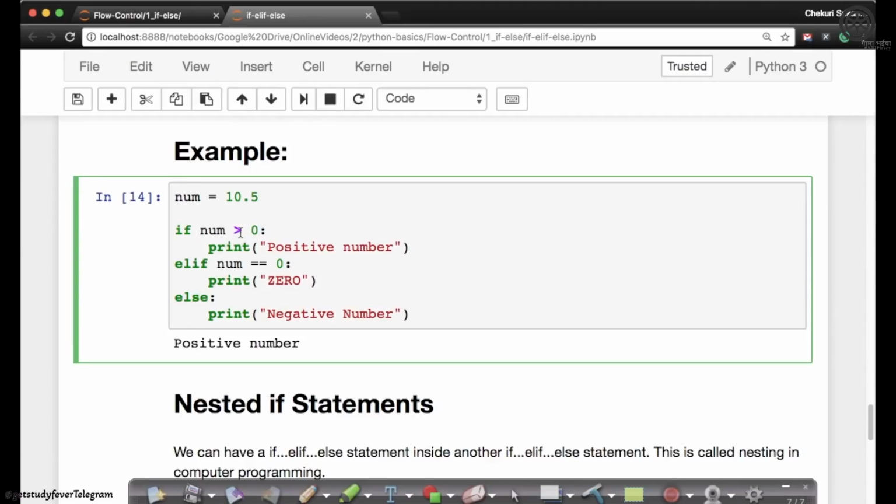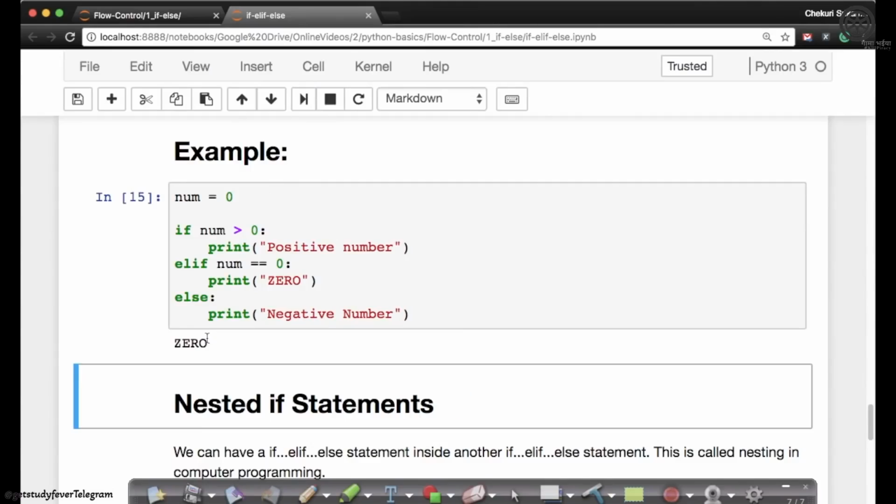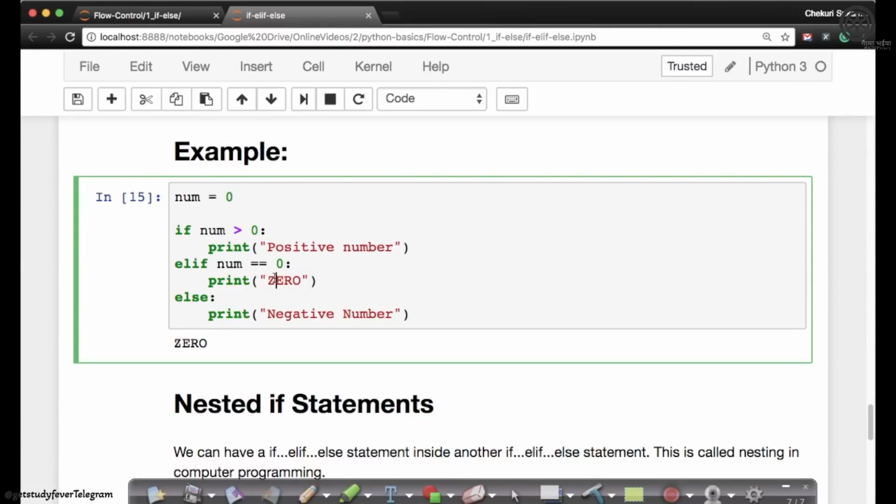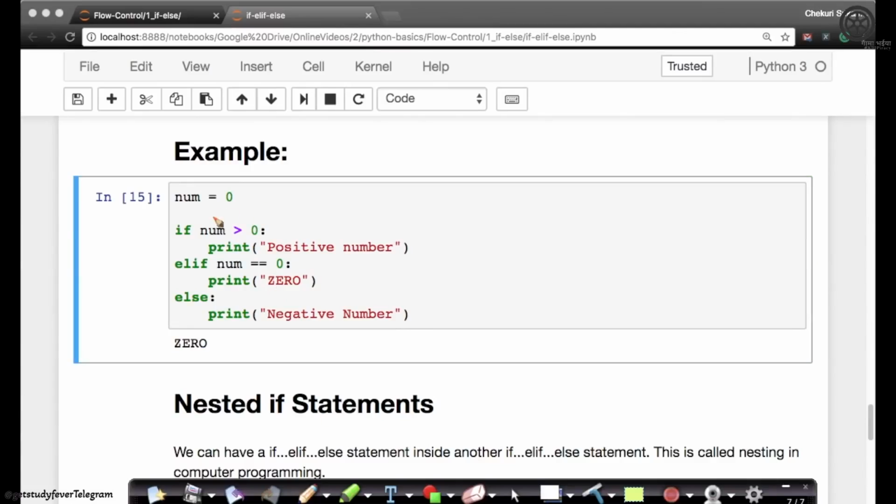Now, if I declare my num to be 0, what happens? Okay, let's run that. You get a value of 0, because your output here is 0 as soon as I ran it. What's happening here is, first it will check if number is greater than 0. It's not. Then it will go to else if, or elif. Now it will check if number equals 0. If it is 0, it will print this and the else won't be printed. It will just go to whatever line is there after your if, elif, else.